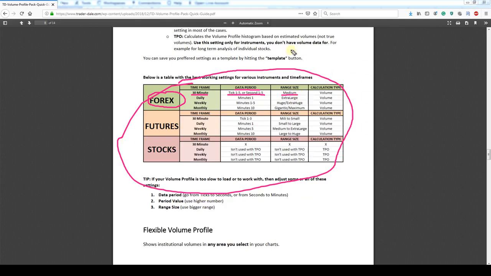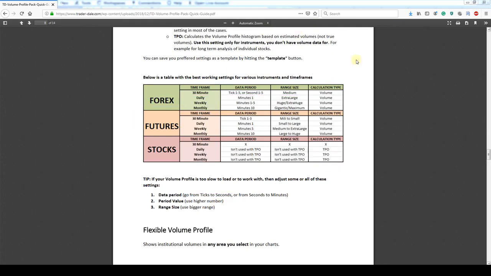And if you set it according to the table, the profile will run smoothly and it will show you a nice detail of the volumes. So always check this table when you are creating a workspace, alright? So let's go back to the chart